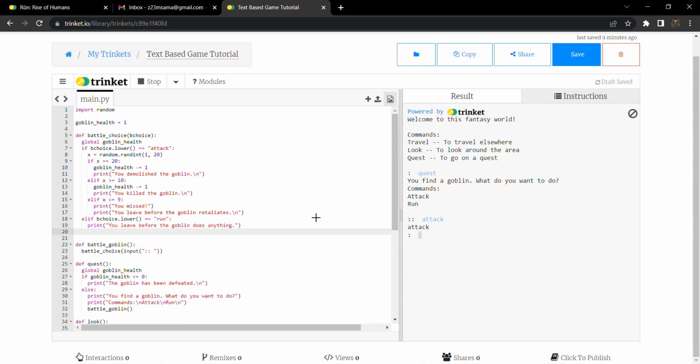Obviously there's more things you could do, like maybe add a function to be able to drink health potions or something, or heal up. Anyway, actually I forgot, \n and then else. So if it is not equal to attack or run, again,